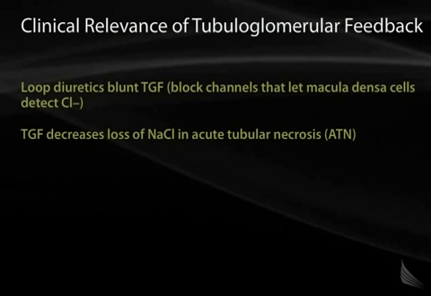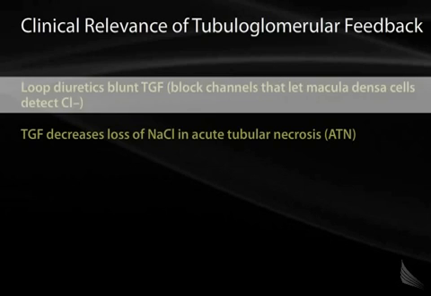There are two important clinical implications of tubular glomerular feedback. One is that loop diuretics can blunt tubular glomerular feedback. As we said, the channel that senses the chloride is the sodium-potassium 2-chloride cotransporter. This is the same transporter that loop diuretics act on. Loop diuretics can thus block the channels that let the macula densa cells detect chloride, thus blunting the tubular glomerular